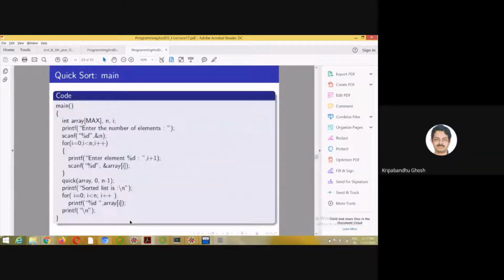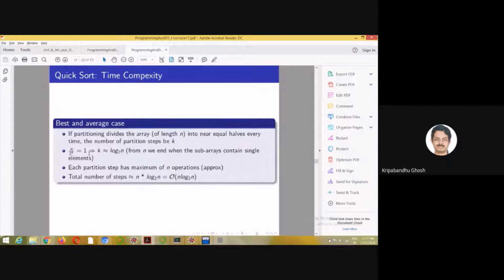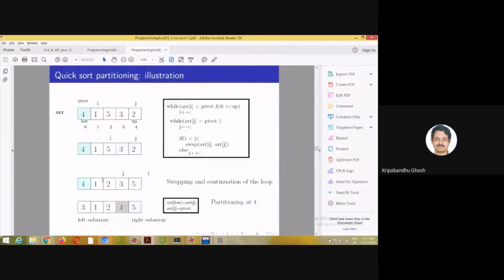So if the split is perfect, every time it is getting divided into equal halves, in that case it will be log n to the base 2 number of steps, and in each step you can do a maximum of n operations.